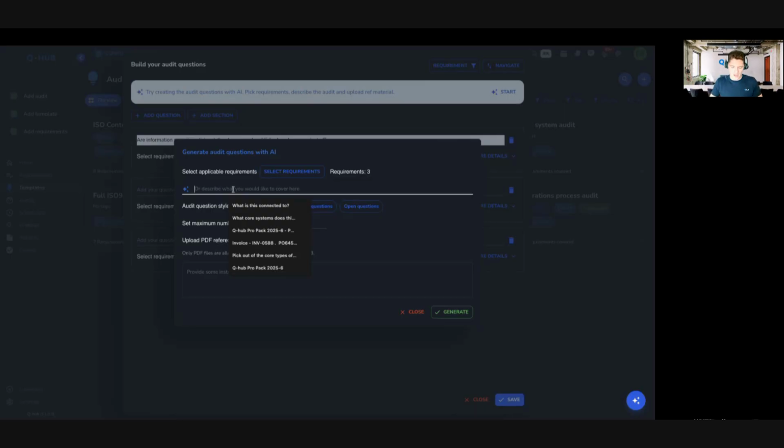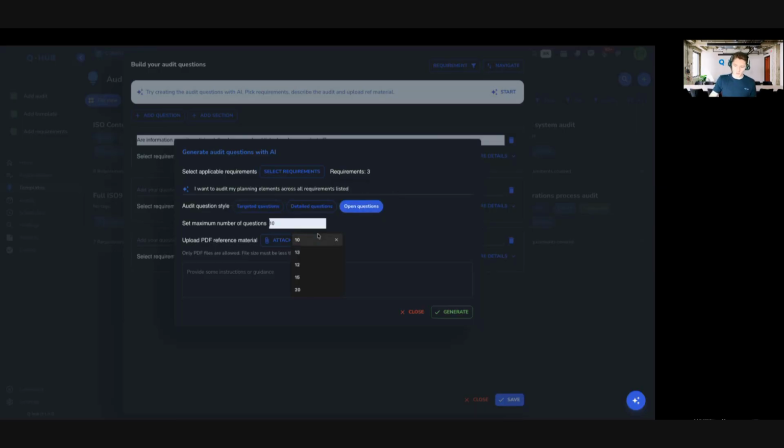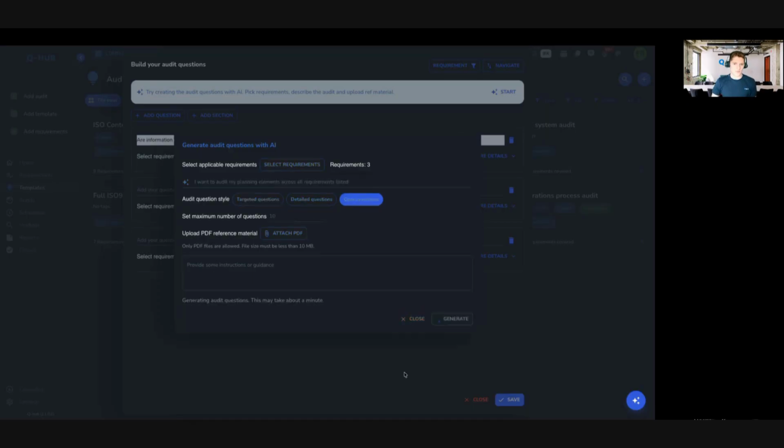I now say I want to audit my planning elements across all requirements listed. And I want the questions to be open style, and I only want up to 10 questions. Now, if you've got any existing audit templates, you can just attach those straight in here, and it will use that to help it understand what to do as well. And you can give it some additional guidance for more specific things that you might want to instruct it to ask. Once I click generate,